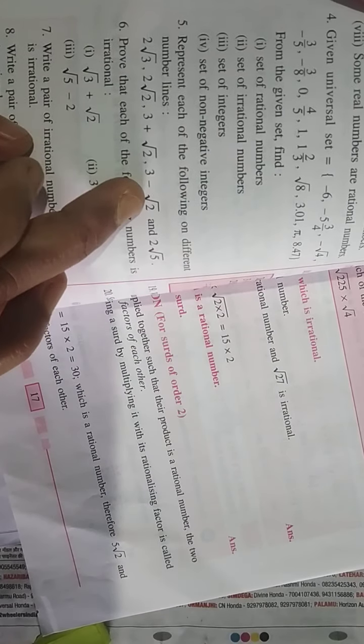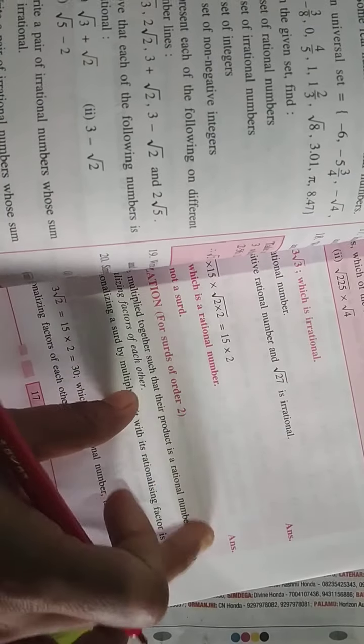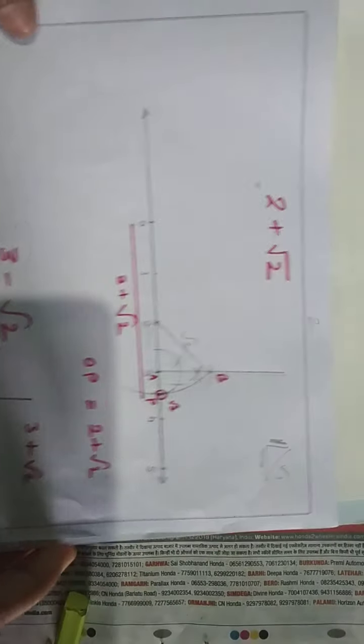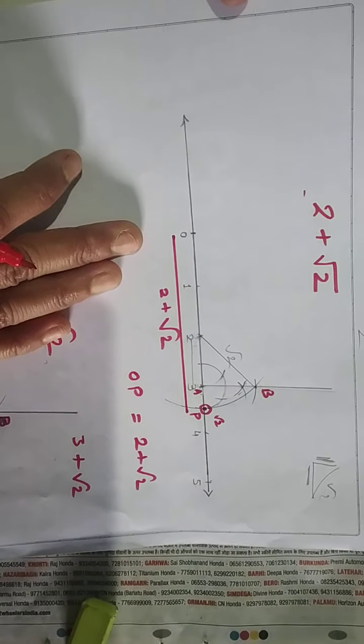And this one is of minus 1, which we have drawn right now. And root 5. After drawing root 5, you have to cut 2 times that arc. Okay, that would be equal to 2 root 5. Any doubt you can ask me in the WhatsApp group, but you have to try question number 5 now by yourself after watching these 3 videos, okay, of this plotting of irrational numbers on the number line.